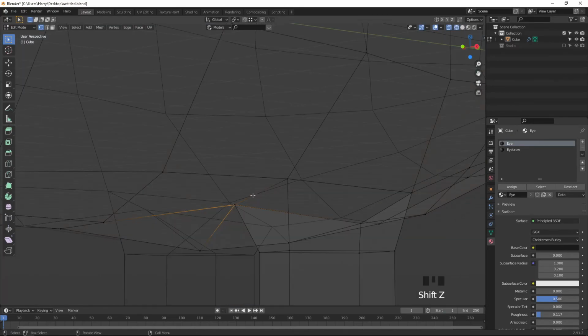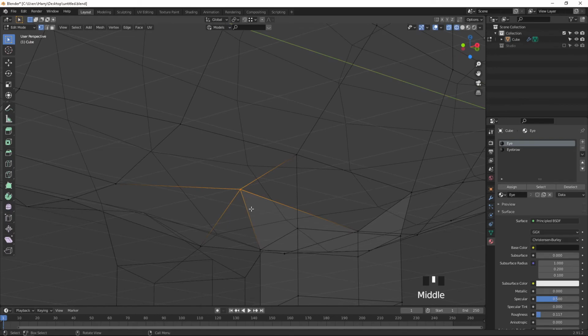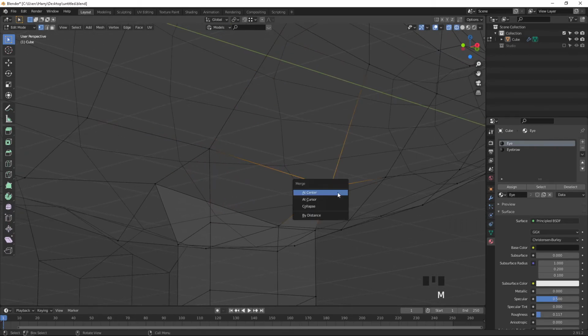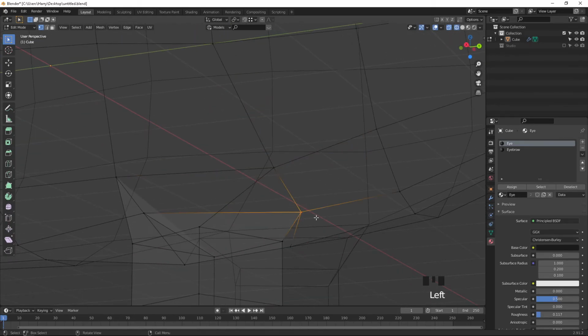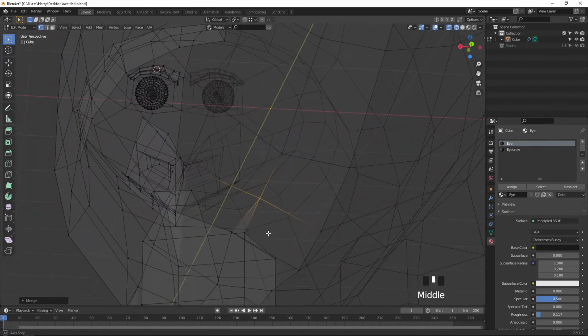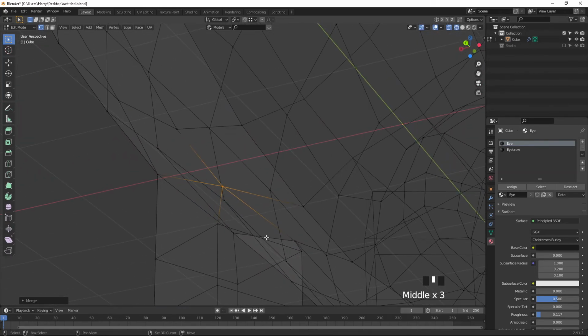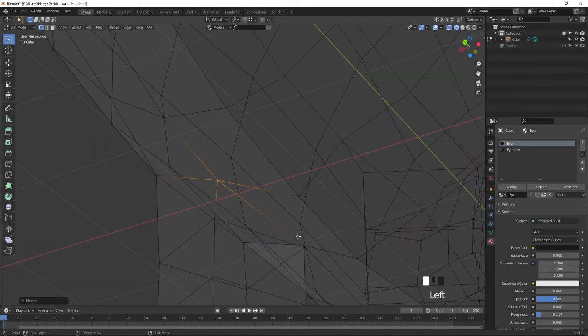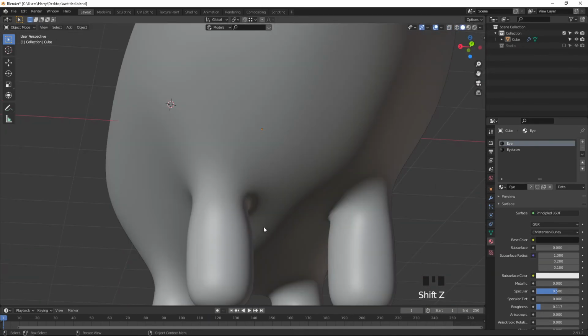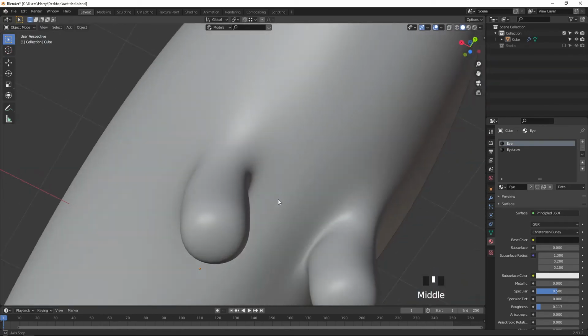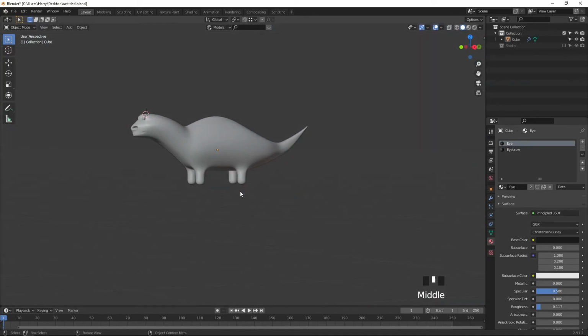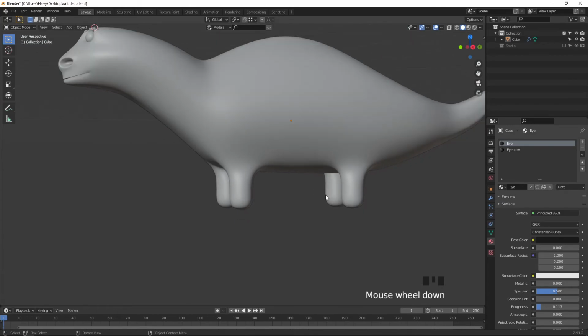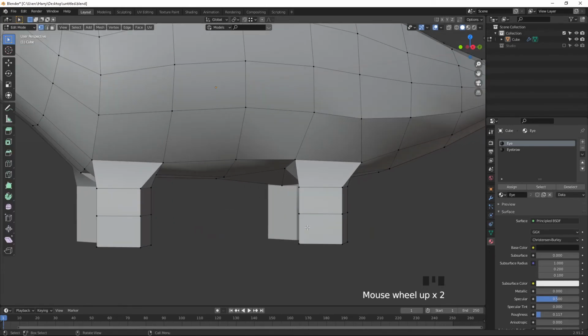Okay, press Shift Z, select these all the vertices. Press M, merge it as center, select this one. Press M, merge it as center, select this. Press M, merge it as center, select this. Press M, merge it as center, and Shift Z. Okay, select this one. I think everything is done. Shift Z. Yeah, fine. So now we have created four legs, and let me create one more thing also.